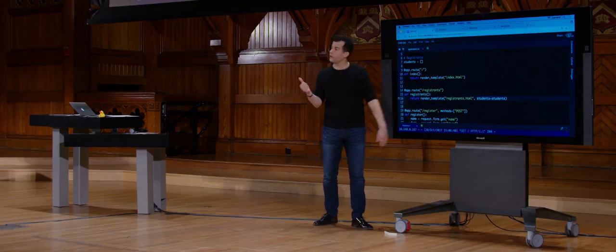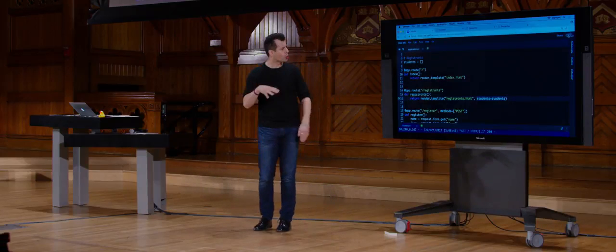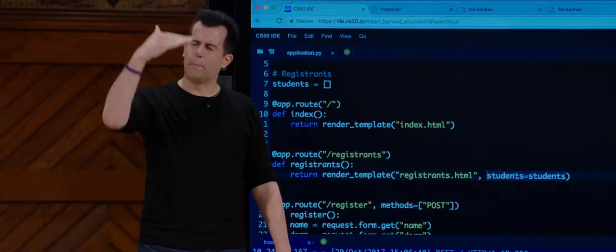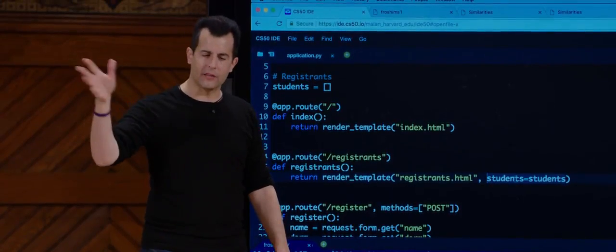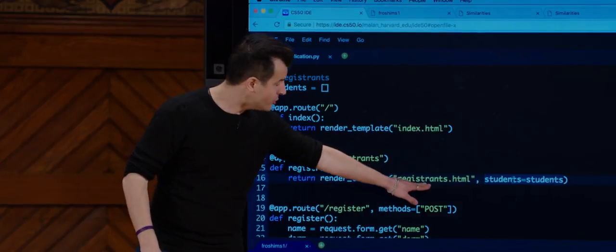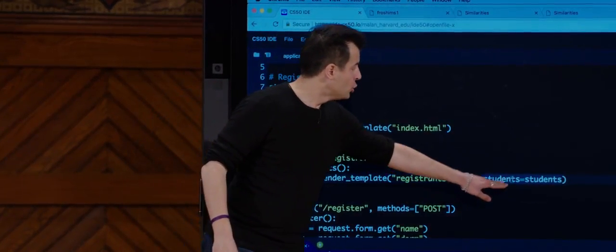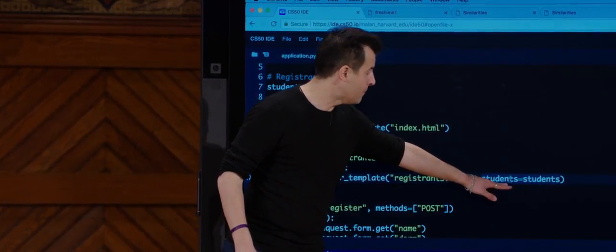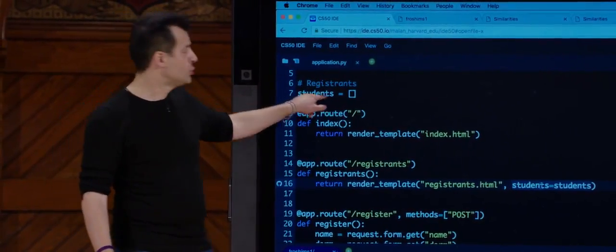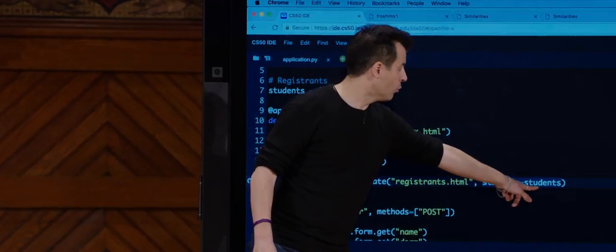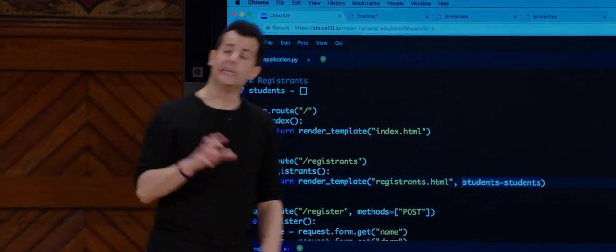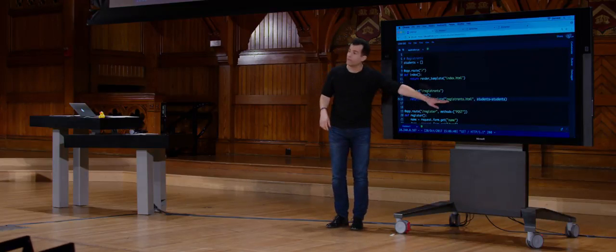Index didn't need this. Failure didn't need this. Success didn't need this because it's all hard-coded. But registrants does, based on what we saw, it's going to generate a bulleted list of, like, David from Matthews and Maria from Apley Court. So we kind of need to know who those students are. So registrants.html, comma, students shall be the named parameter, and the value of it shall be the list up here. So the right-hand side is a variable or a value that must exist in the current program, and the left-hand side is a variable that's going to be inside of, we'll see,